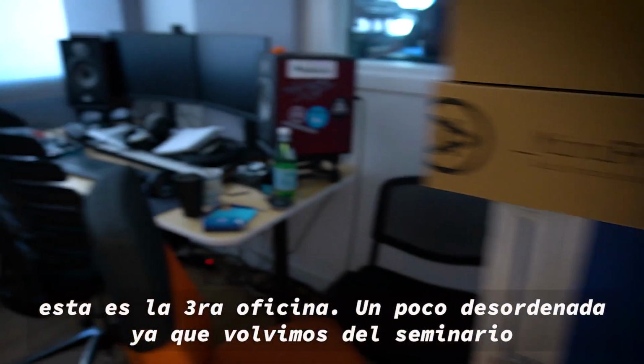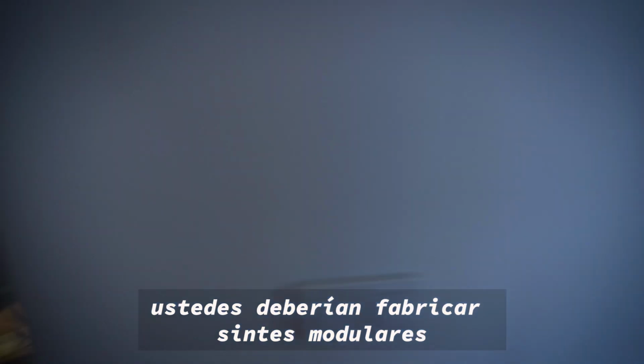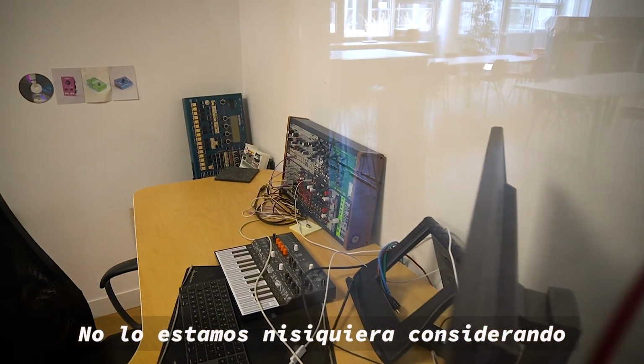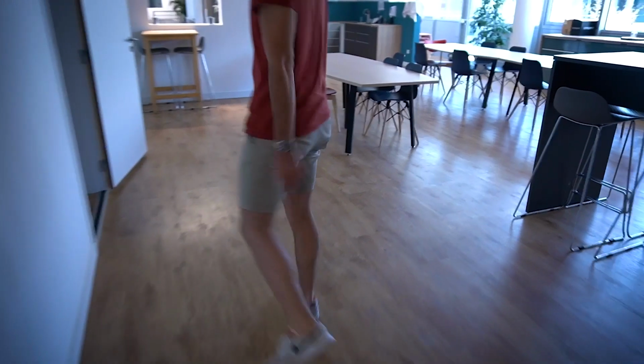We just came back from our seminar, but let's turn on the lights. Oh, the modulars. Yeah, some modules are from... Do they have to do modulars? No, we're not even remotely thinking about doing that. Really? Yeah, there are more brands making modulars than people that use them. That's true. So, back to the studio. That is a mess, but...